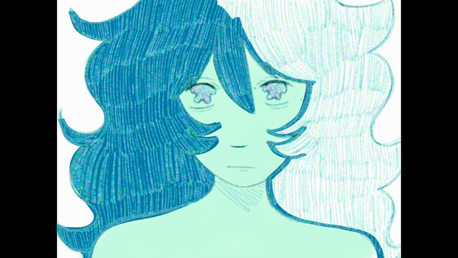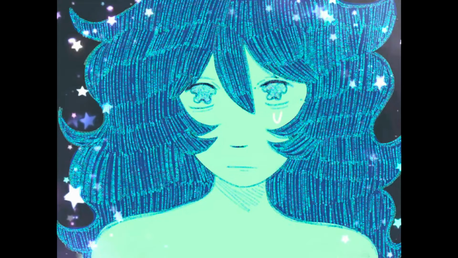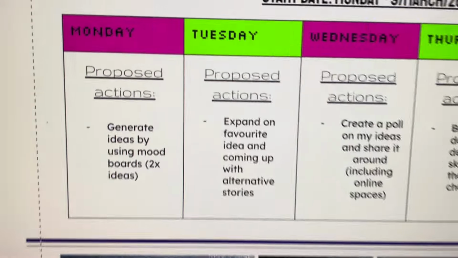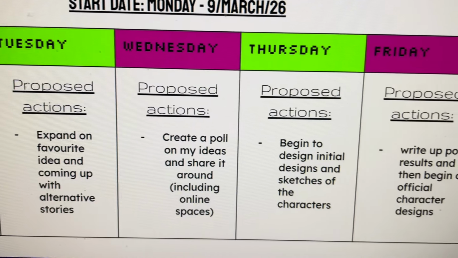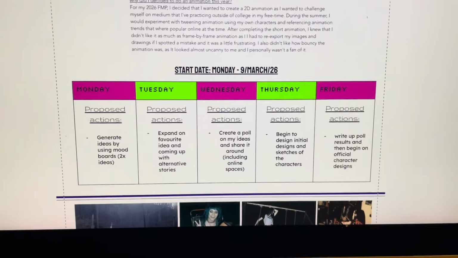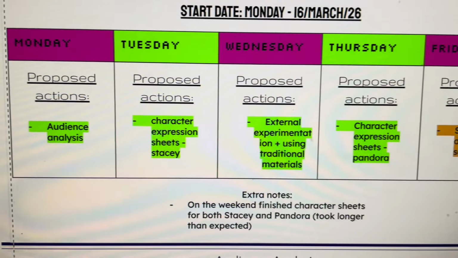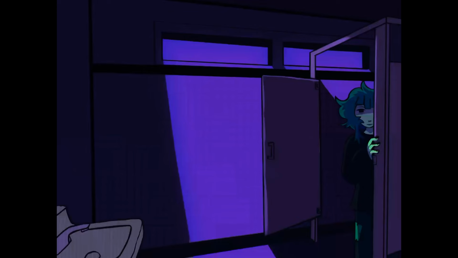Okay, so before I began anything that involved concept art and illustrations, I firstly needed to organize myself with how I'm going to manage my time effectively. I came up with this genius idea of having a weekly timetable of what I'm going to be doing during each week. As reflecting back onto last year's FMP pre-production, I would often jump to different sections of design, and it became very overwhelming very easily. I would also evaluate what I've done each week as a tool of reflection and recording of what I've done during my project.